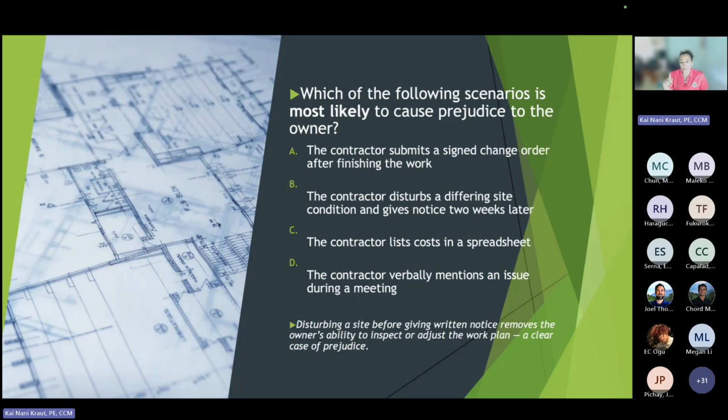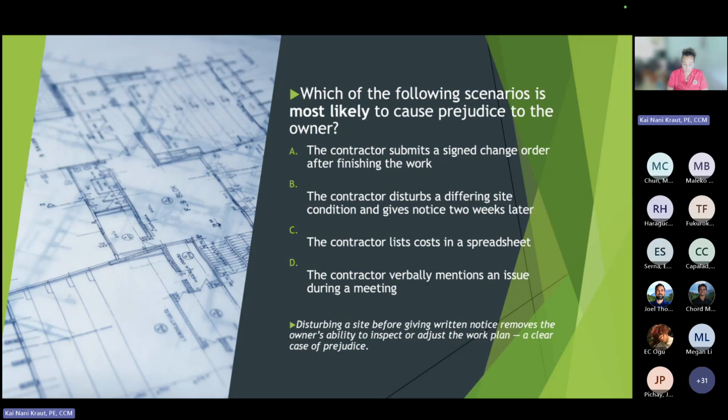The contractor, once identifying or notifying on a differing site condition, must give notice. So they can't wait 2 weeks. And part of that HAR regulation is they cannot disturb the site. So they have to give you the ability to investigate the site as is to see if it is materially